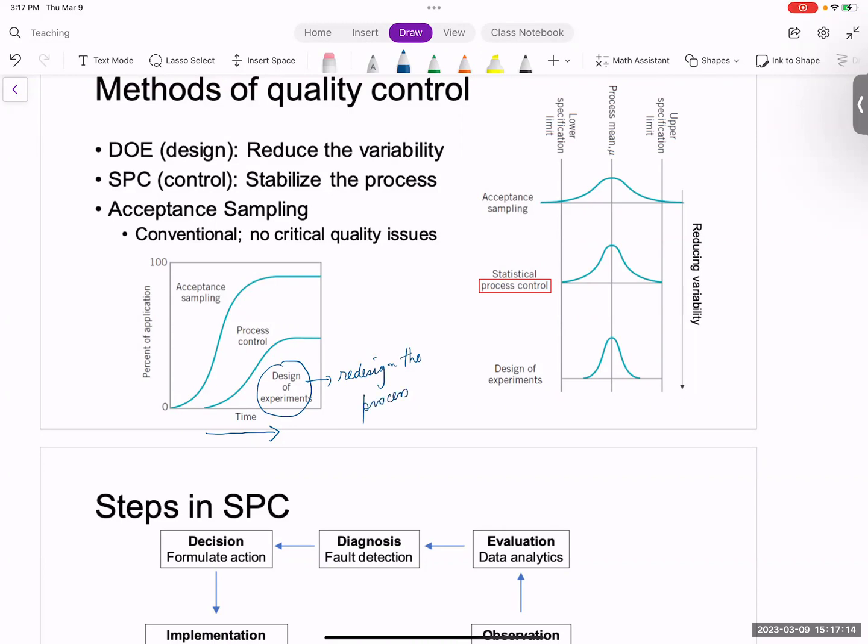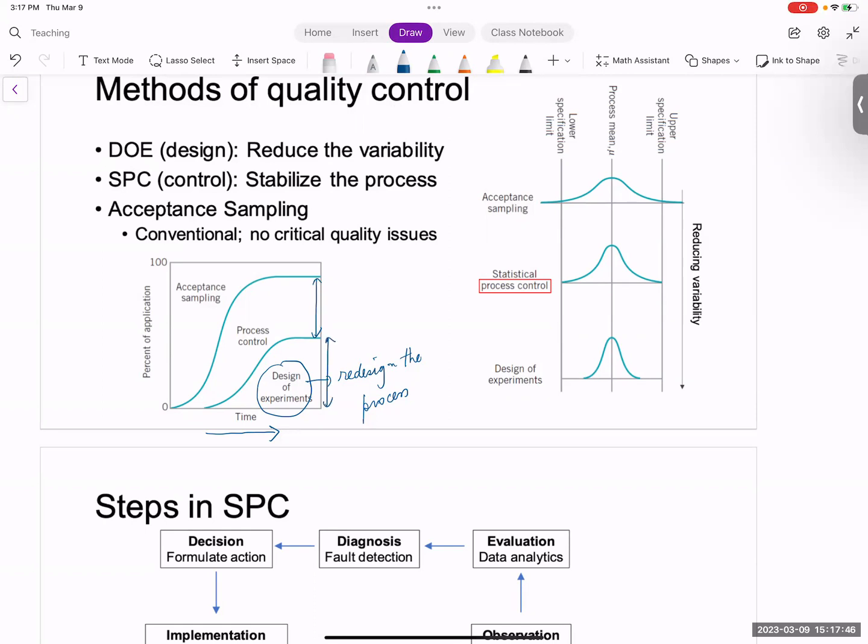Think about design of experiments. It's kind of like you're changing something at a very large scale. You're changing the process settings, you're changing the raw materials, you're changing the supplier, you're changing so many things. So design of experiments is something that you'd want to do at the last stage while you are doing process control. So towards the end of this life cycle, you want to spend equal amounts of effort on process control and